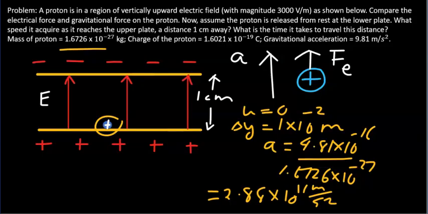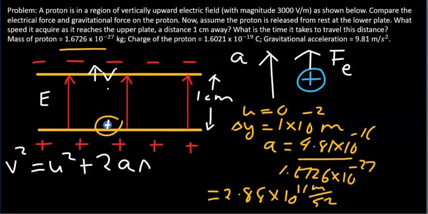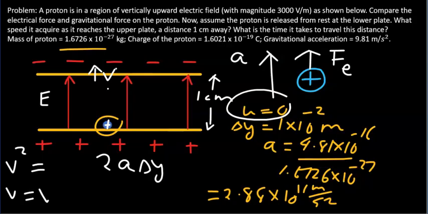We want to determine the speed of the proton as it gets to the upper plate. Let's call that speed v. There is a kinematics equation that enables you to calculate v, and that is v squared equals u squared plus 2 times the acceleration times the distance traveled. u is 0, as indicated there. So v is quite simply the square root of 2 times the acceleration,